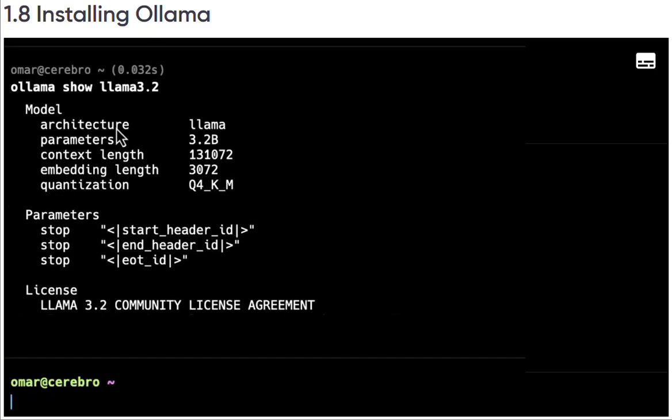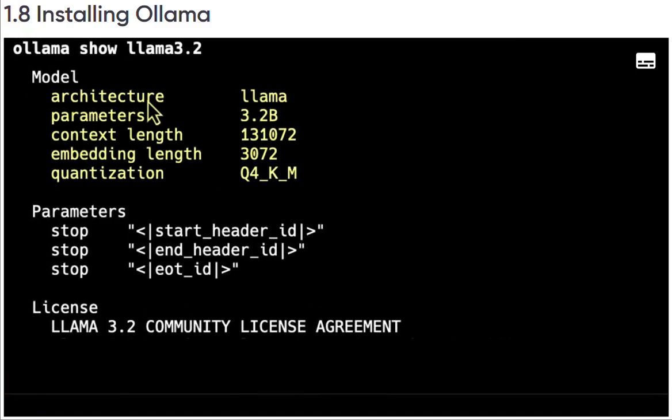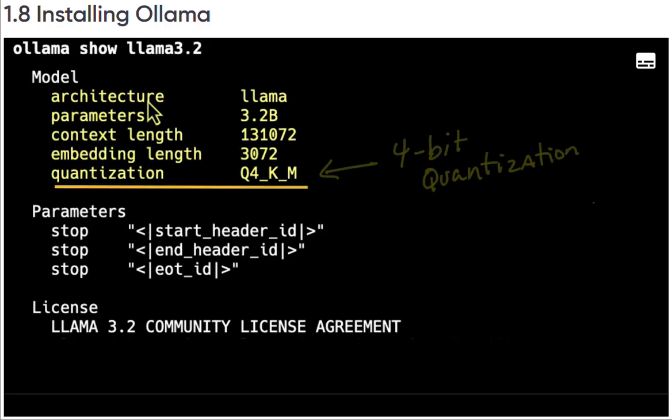And then in this case, you see the architecture, which is Llama based, of course. The number of parameters, in this case, is the 3.2 billion parameter version. The context length is 131,000, so 131K for context length. The embedding length you see in there, and the quantization techniques as well. So you may ask, what is this quantization